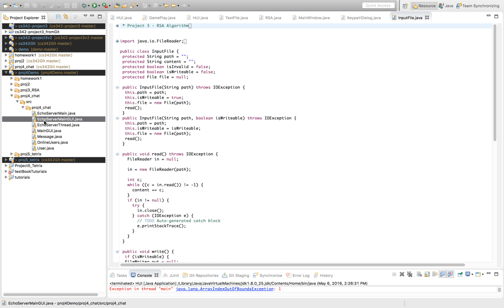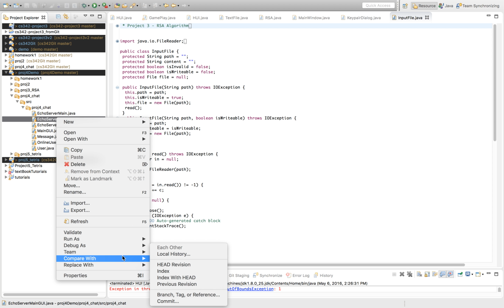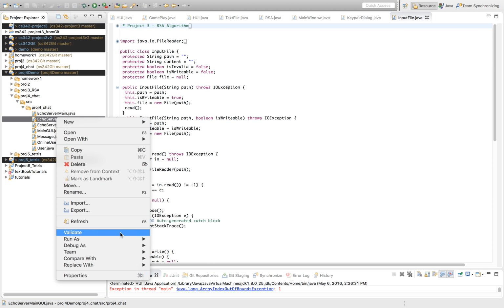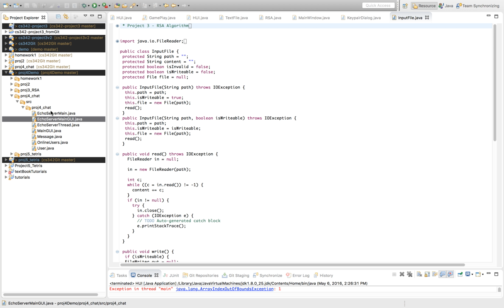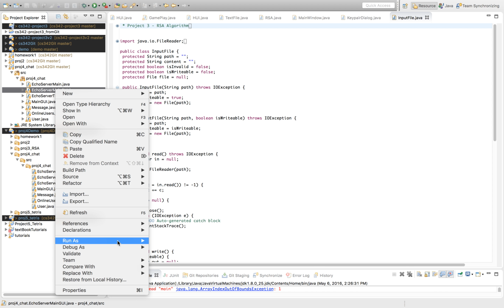I don't know if I'll be able to run this because it's imported from Git. I had the same problem with Project 3. It's the same thing here, Project 4 Chat. So Echo Server Main GUI, when we ran it,